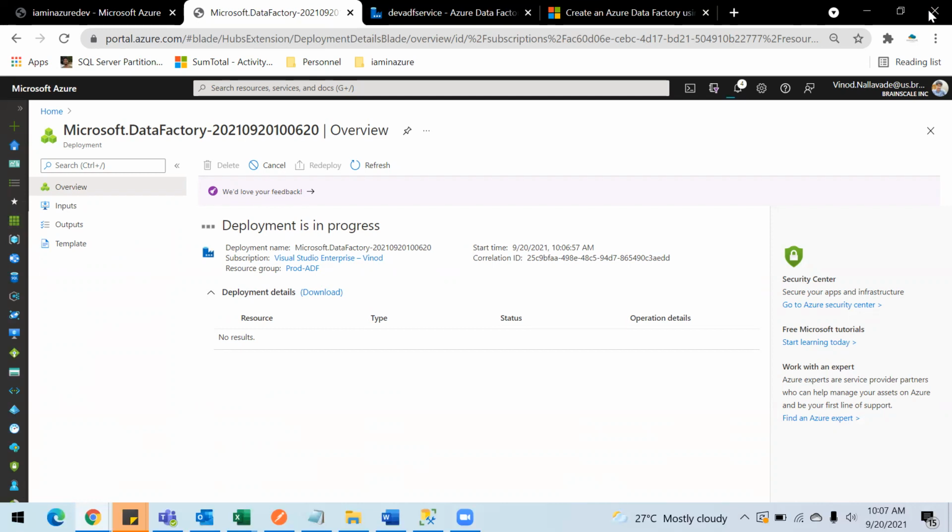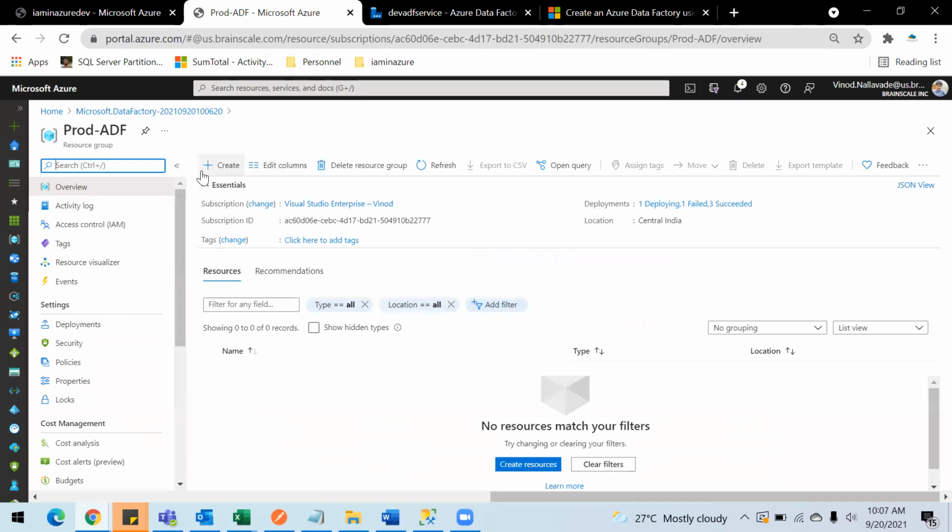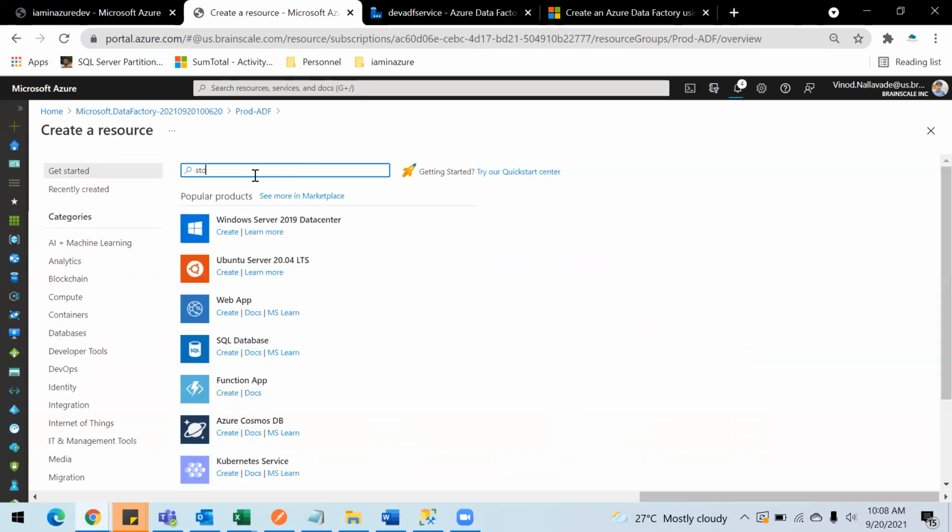So just give a minute here. Okay, just taking time. So meanwhile, we will go to the same resource group and create the storage account as well. Let's create the storage.